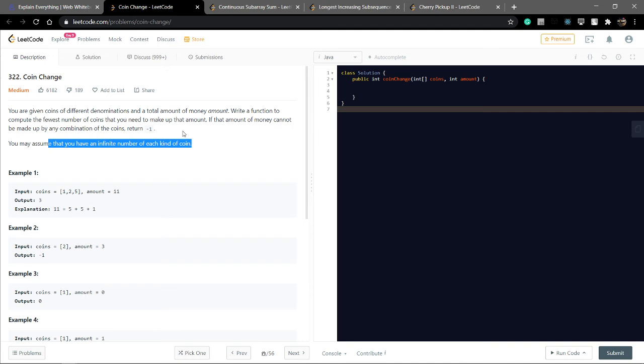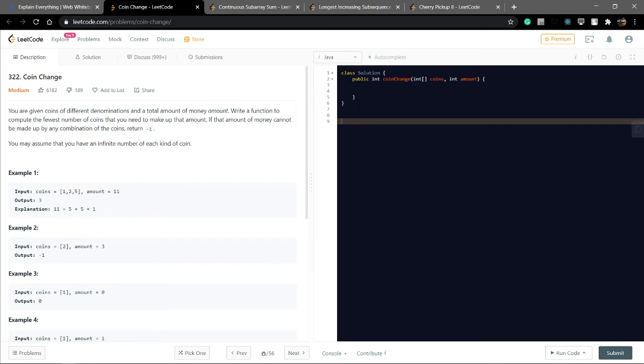Okay. Let's analyze it. You are given a coins array, like coins 1, 2 and 5. Three types of coins, and you can use an infinite number of each coin. And you have to make the sum 11. So how to make 11 from these coins? Like 1 1 1 1 1 up to 11, so minimum 11 coins needed.